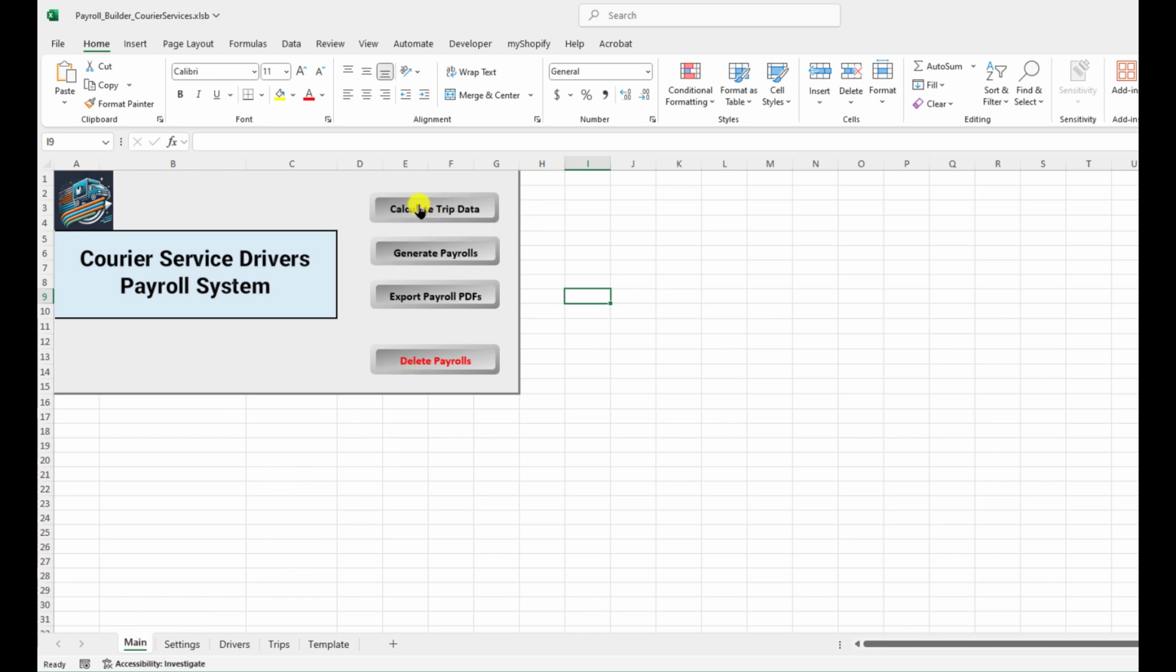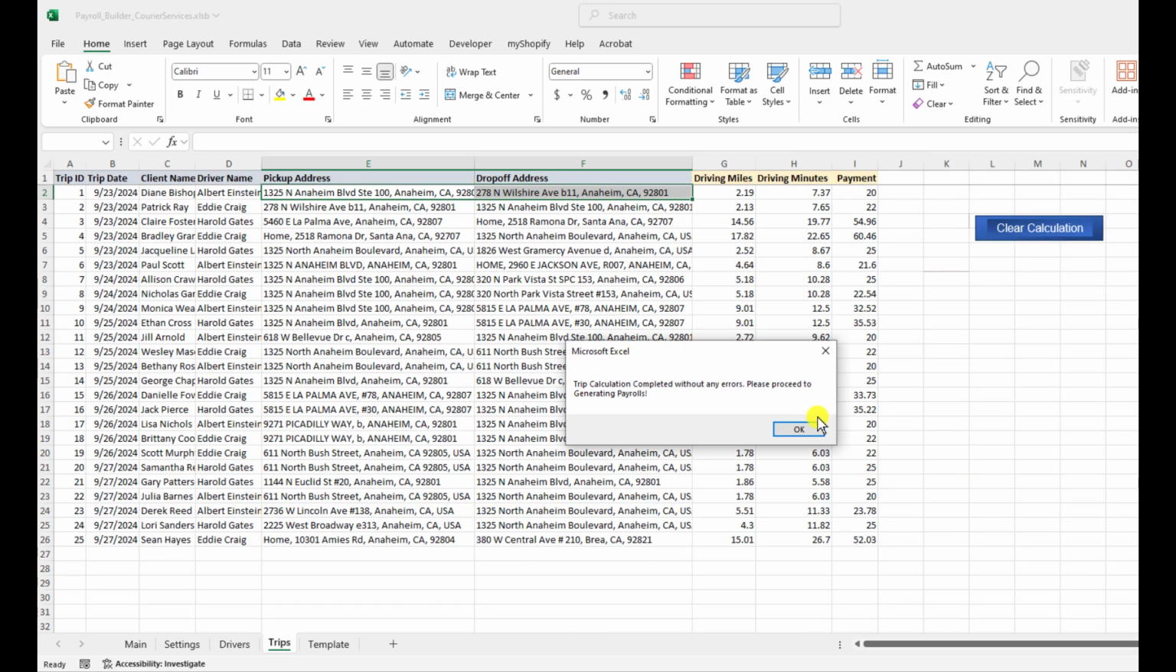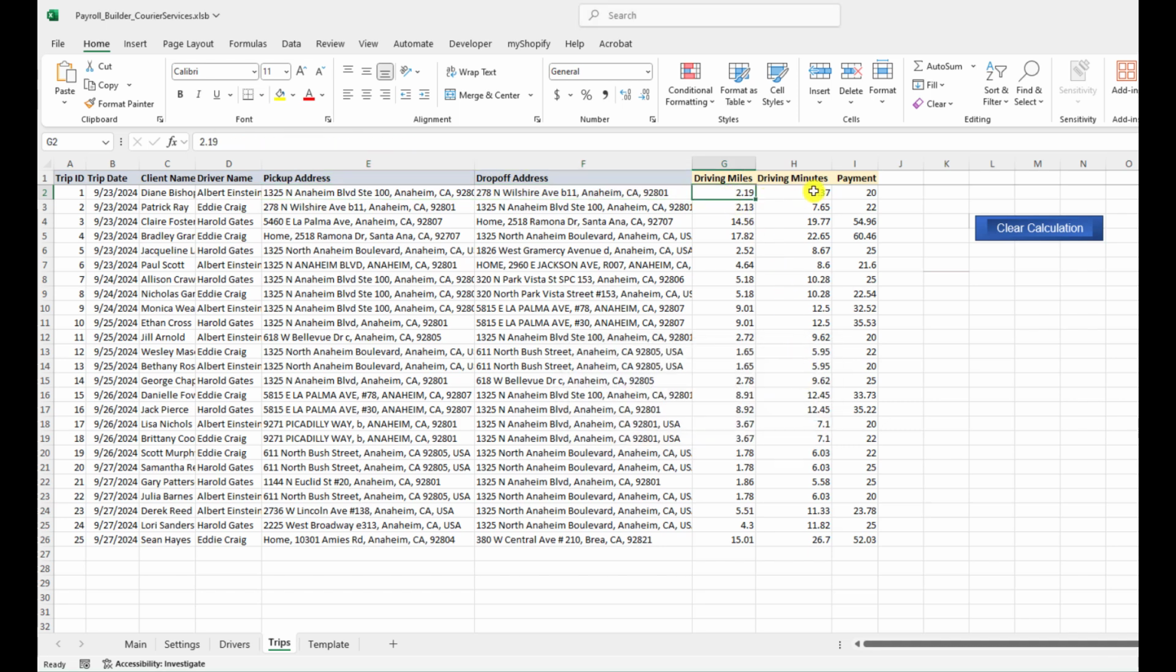The first step, the first button will be to calculate the trip data. And as you can see, there are about 26 trips. The tool goes through them relatively quick and calculates driving miles, driving minutes, and the payment that's due for that specific